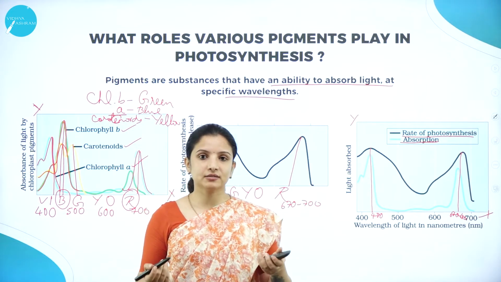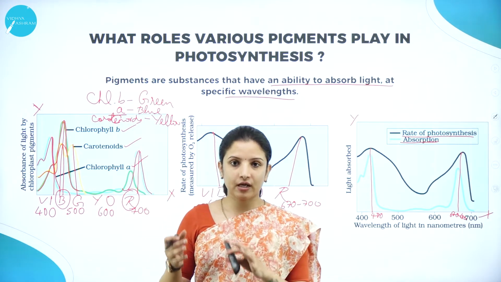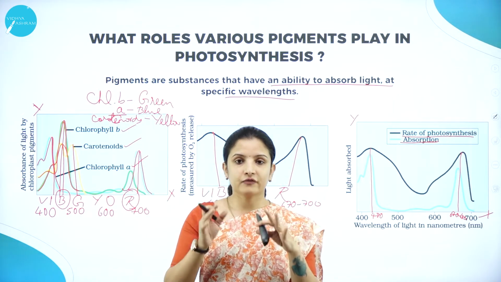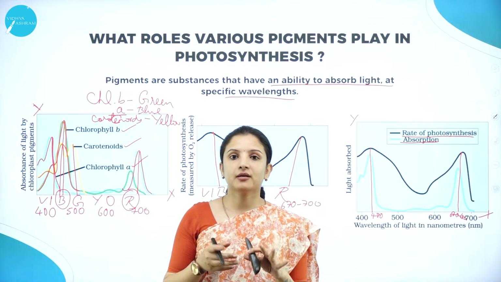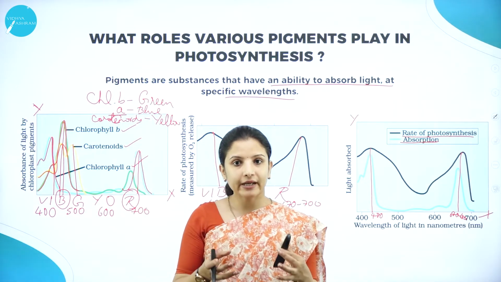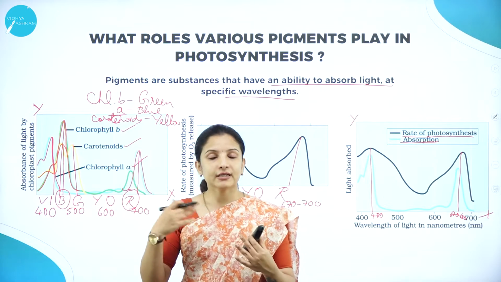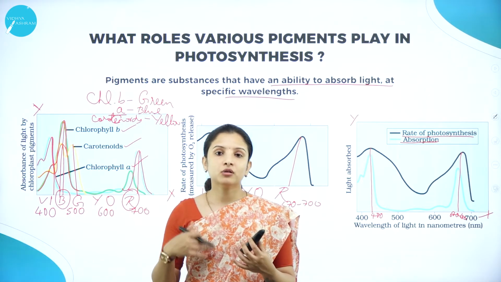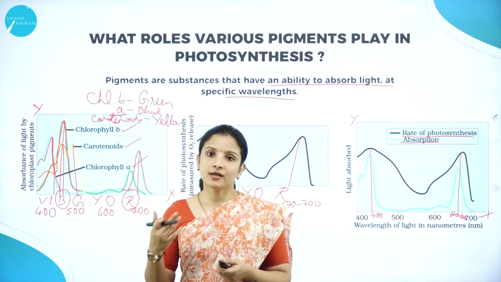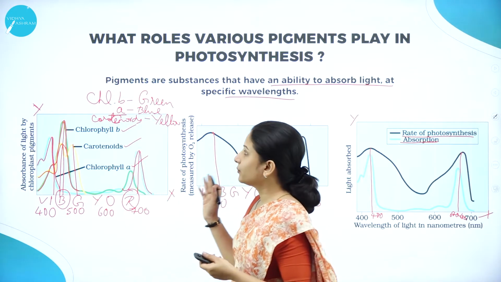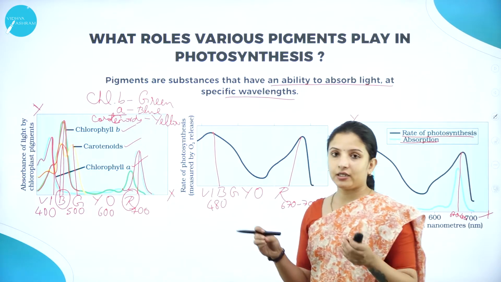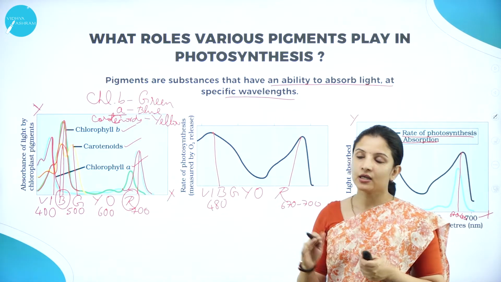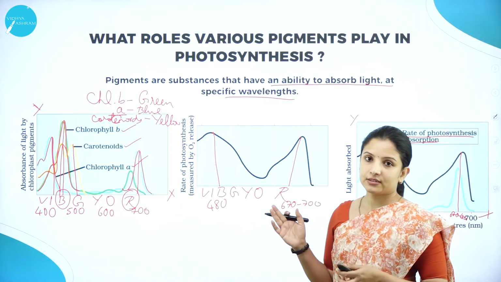So what it means is that among the different colors of light given out by the sun's rays, chlorophyll A is the main pigment that traps the red light and the blue light, therefore increasing the rate of photosynthesis and therefore giving out more oxygen to the atmosphere. So that is what they proved here. So now we exactly know what is the role of the pigment, especially chlorophyll A, in the case of photosynthesis.